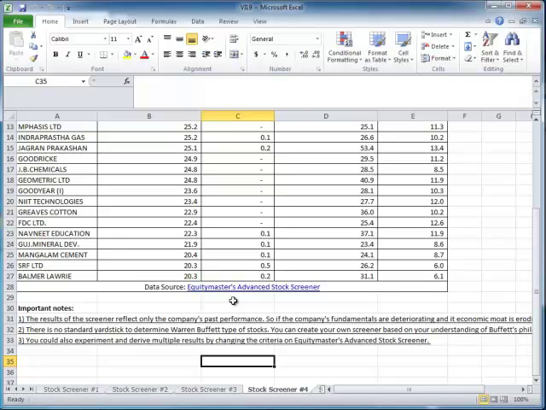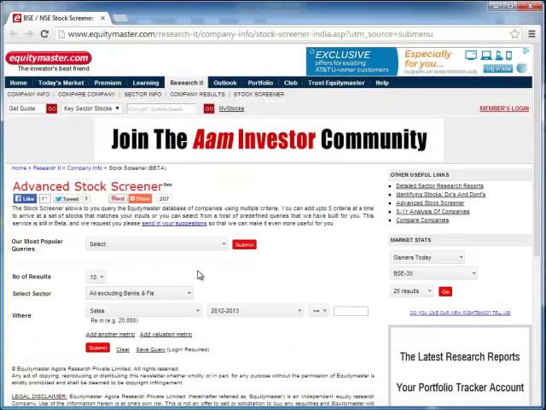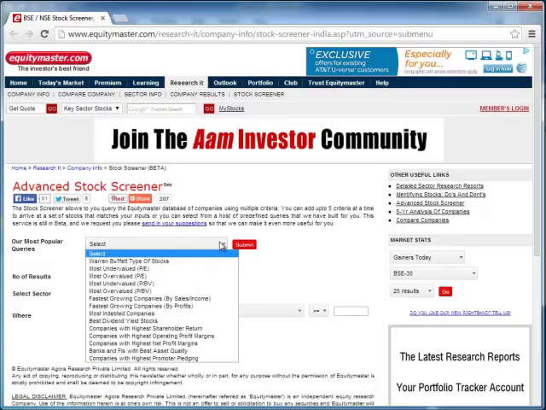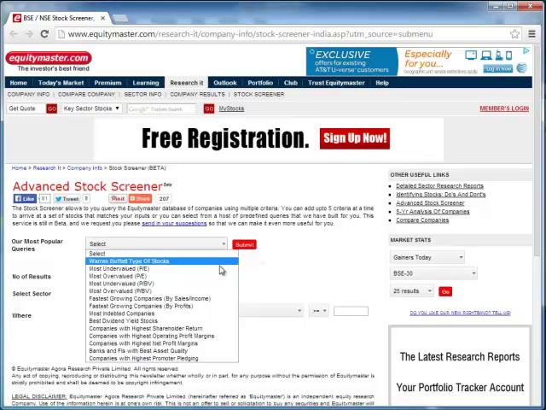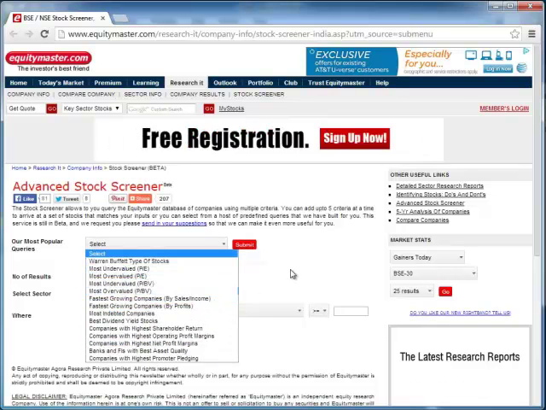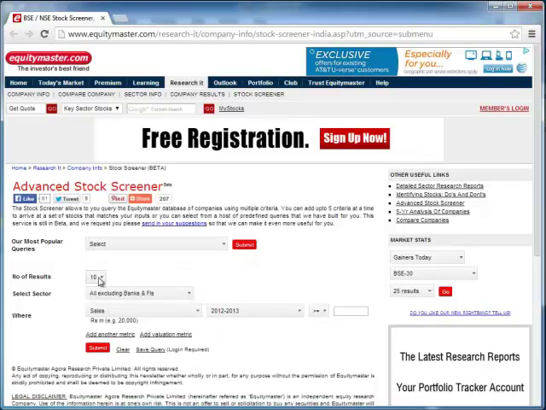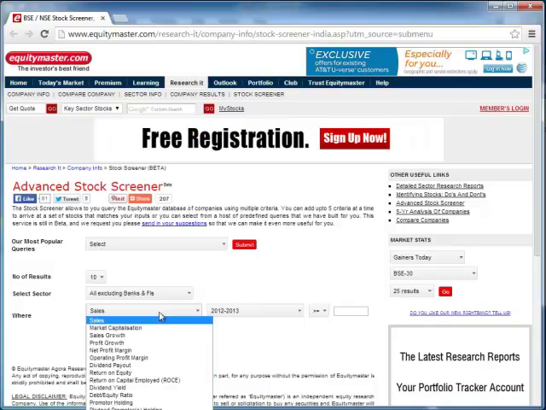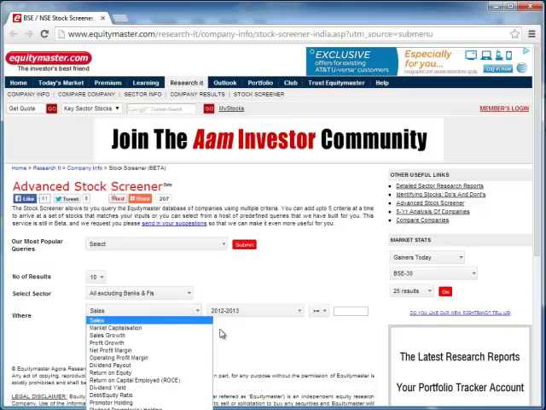So if you click on it, it will then take you to the website where you can do this. And this is what this advanced stock screener looks like. So, for example, you can select Warren Buffett type of stocks, or you can also select on all these types of criteria and number of results, and then you can, for example, set sales bigger than or equal to something, or you can set some other